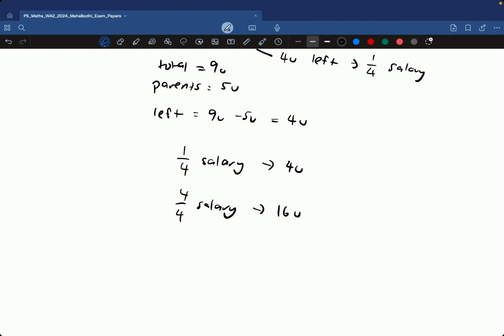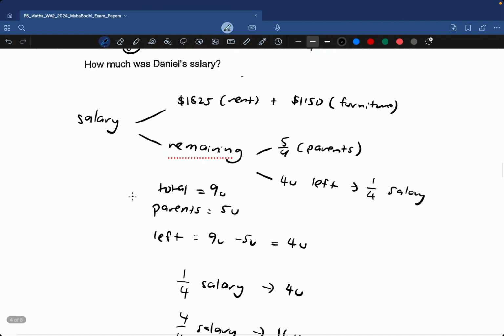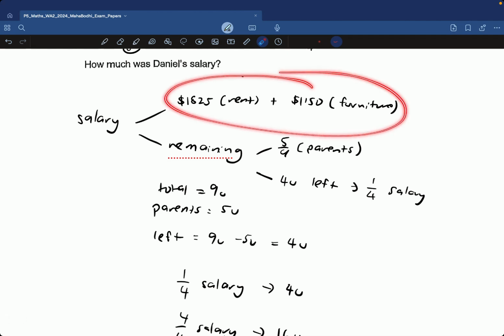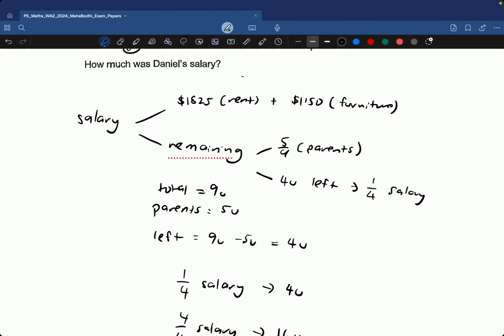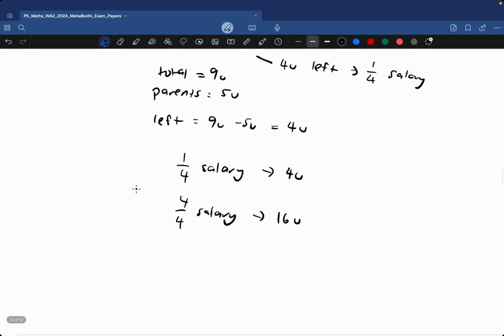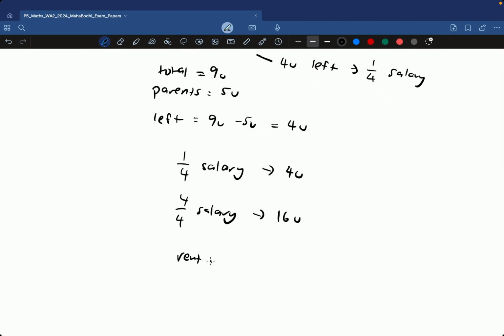So what he spent on in this case is rent and furniture, which is basically 16 units minus 9 units, which is 7 units. So since we know 7 units is equal to rent plus furniture,